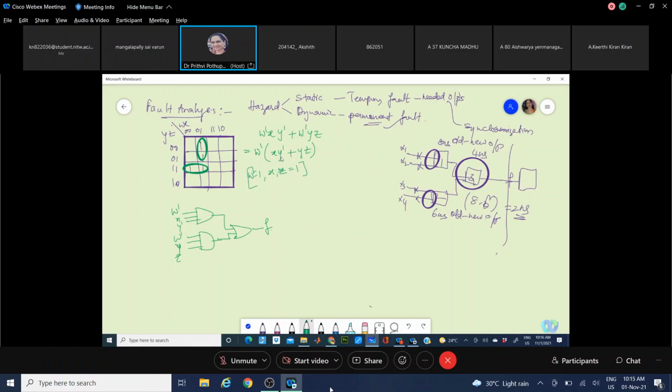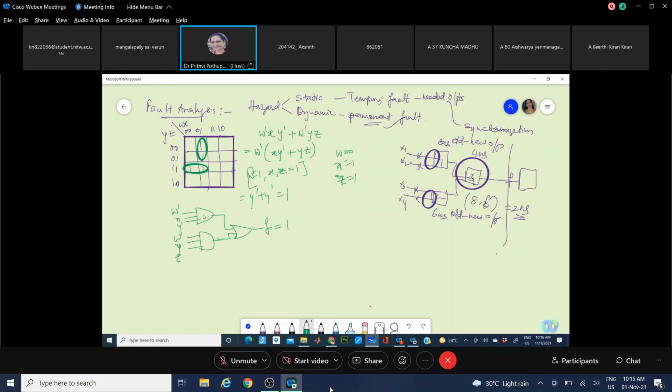Your output of the circuit should be permanently 1. If W is 0, X is 1, Z is 1, what is your equation? It will be Y or Y dash, which is equal to 1. Yes or no? Yes, ma'am.